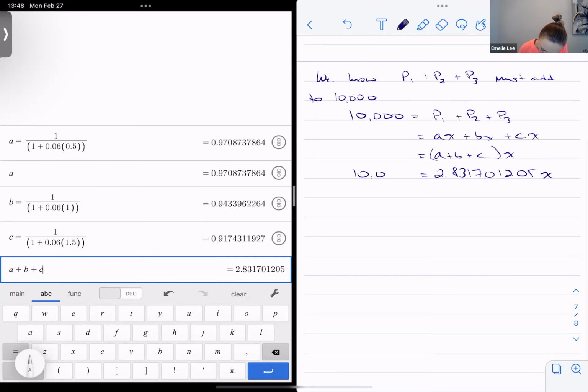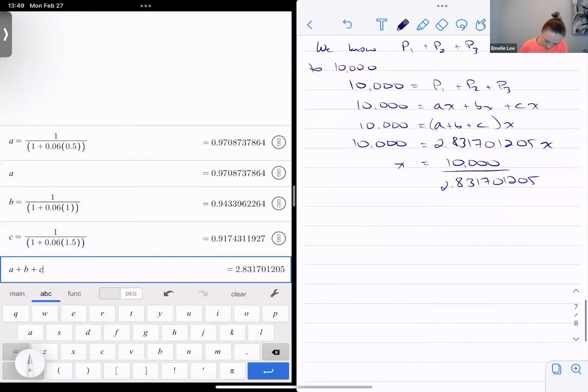Because this has to be 10,000 still, right? Usually if the value doesn't change, we don't need to write it all the way down, but here it's a helpful reminder. So X must be 10,000 divided by